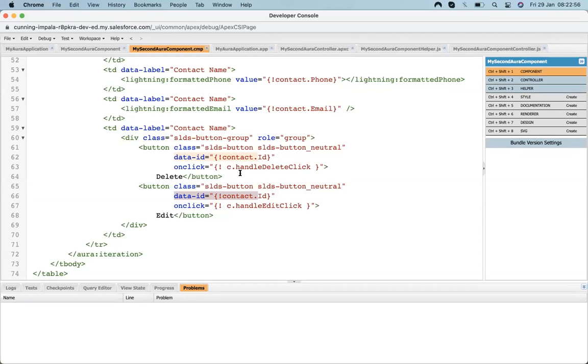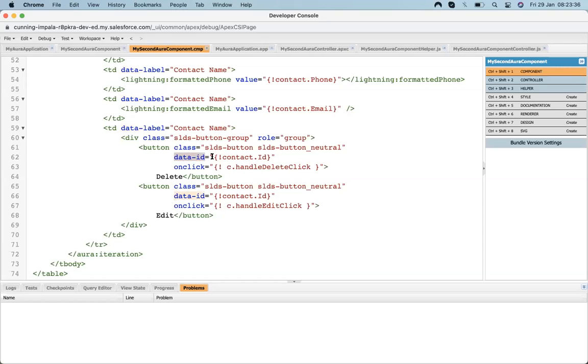And so in order to get the current record ID, we need to declare a data ID. We can also get it directly via the ID, but I don't want to use that ID here, because in the HTML concept the ID must be unique throughout the page. So if I use an ID with the same value, it doesn't look like good practice. But data ID we can duplicate, because it's designed to be duplicated. So always try to use data ID instead of ID.